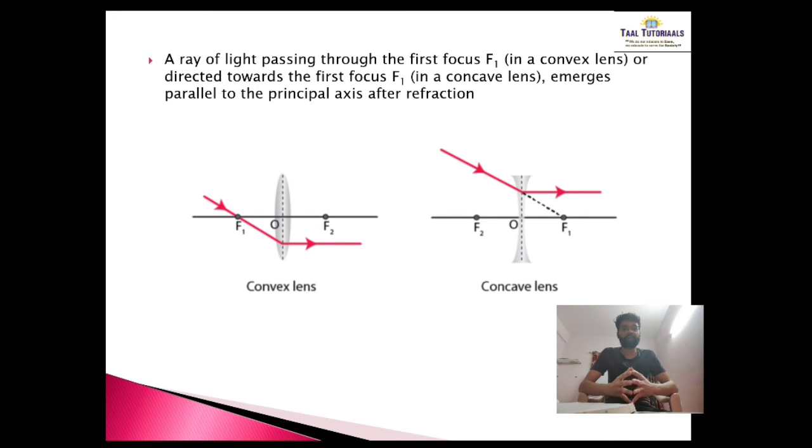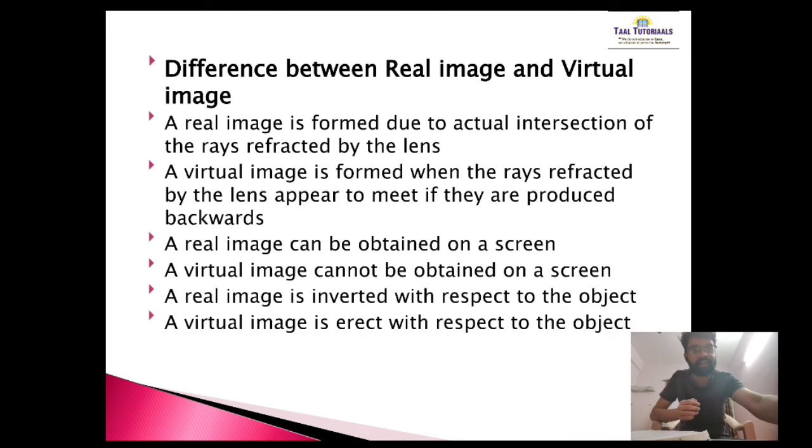The point where the rays meet after refraction from the lens is the image of the point of the object. The image is obtained in a similar manner for each point on the object, and all these images together form what is known as the full image of that object. The two types of images that can be obtained here are real image and virtual image.